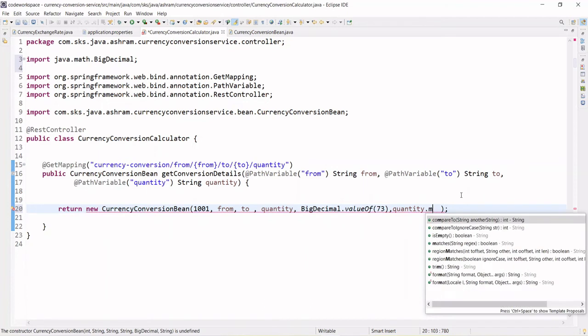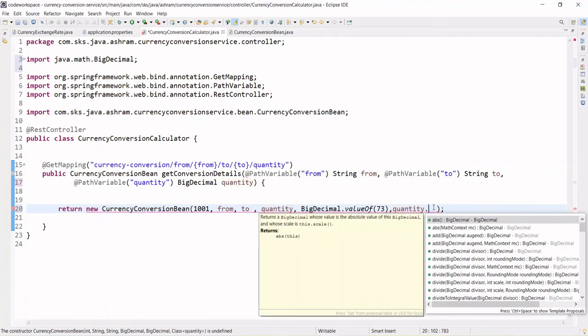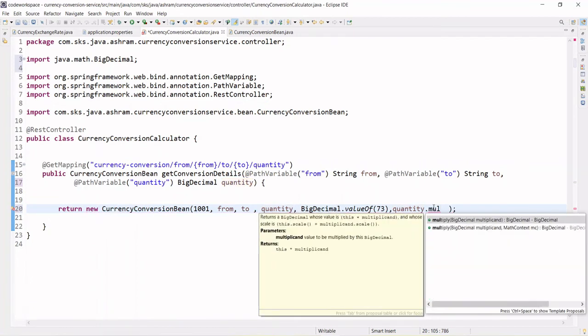Why is it not coming? We should have the quantity as a string we have defined, right? So sorry, quantity cannot be string, it should be BigDecimal. So let's make it BigDecimal, and thereafter quantity dot multiply, correct?